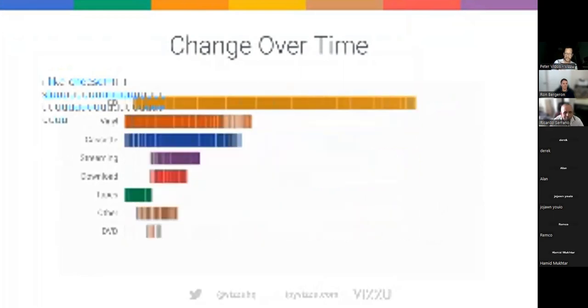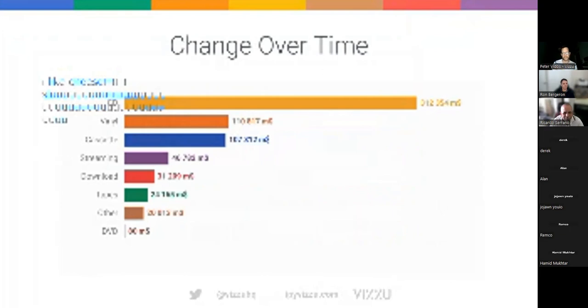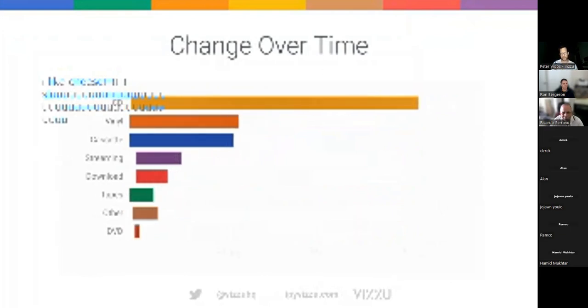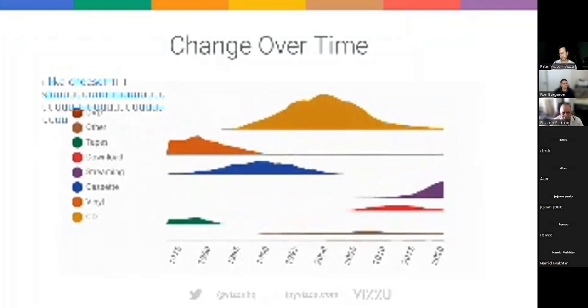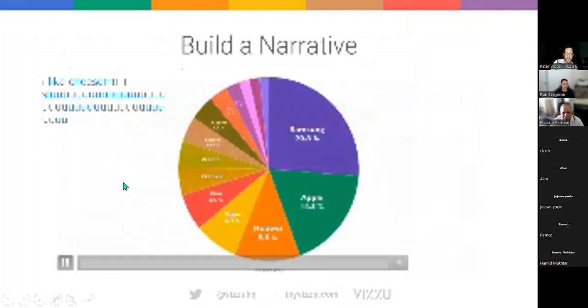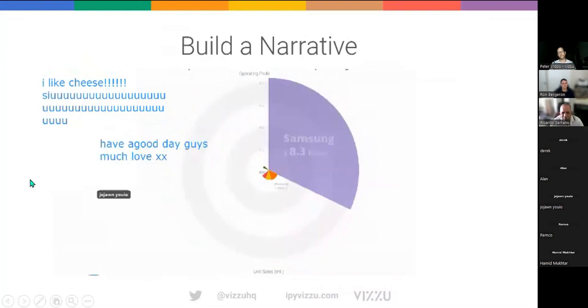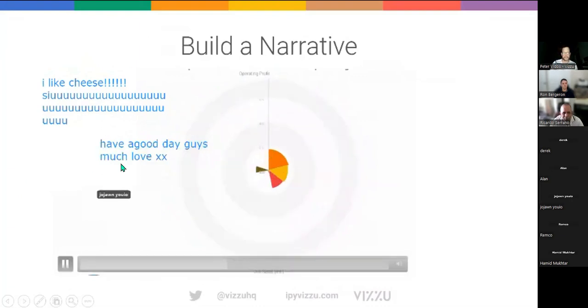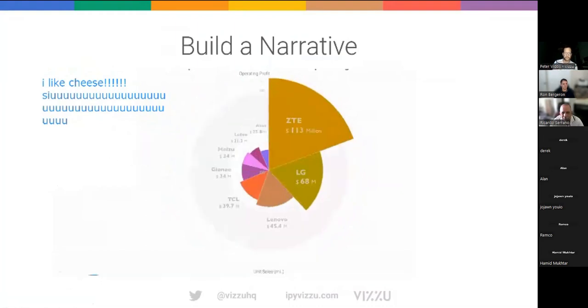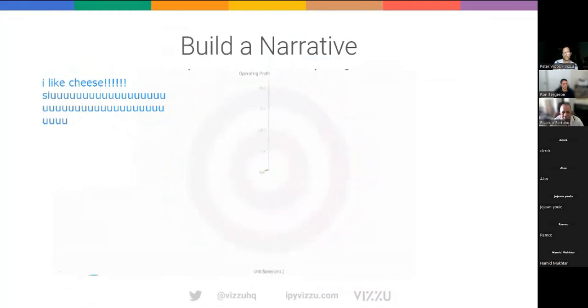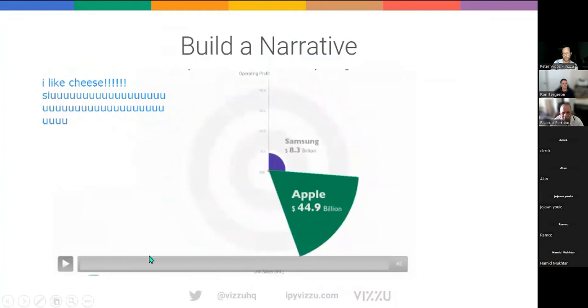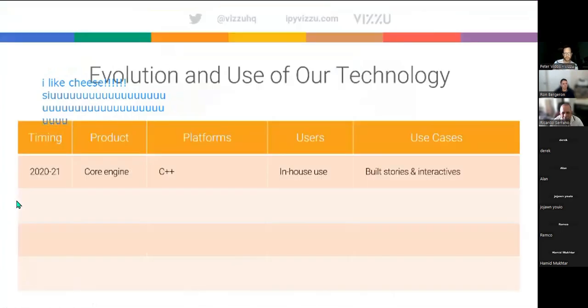So as you can see, we have some other views, not just the traditional racing bar chart. Because of the flexibility of the Vizzu engine, we can change in various ways what we're looking at. And you can turn one chart into a real story. For example, this is the amount of money different mobile phone providers generated over time. As you can see, there are different leagues in terms of revenue, and this one chart is great at illustrating the difference between those.